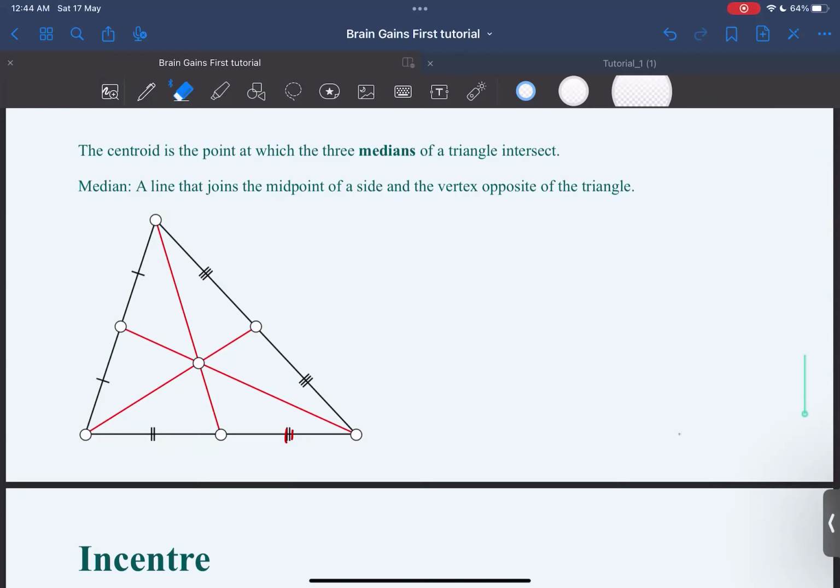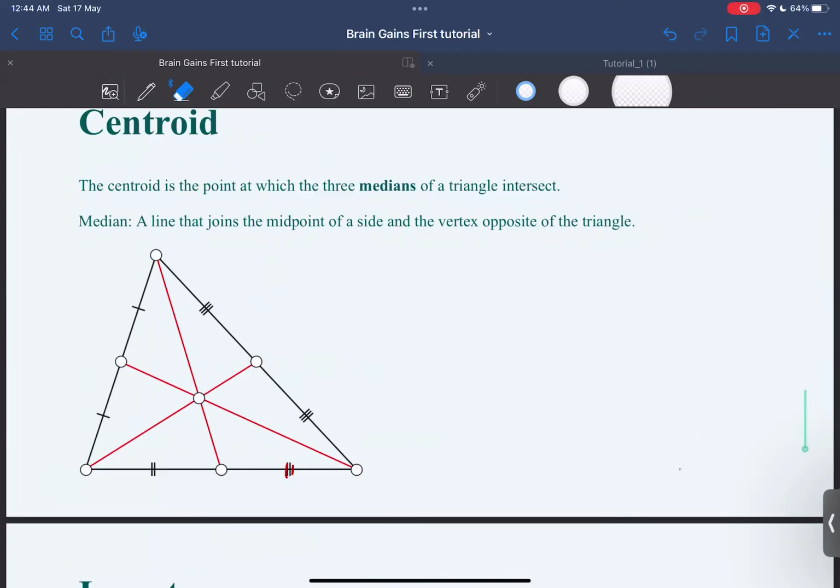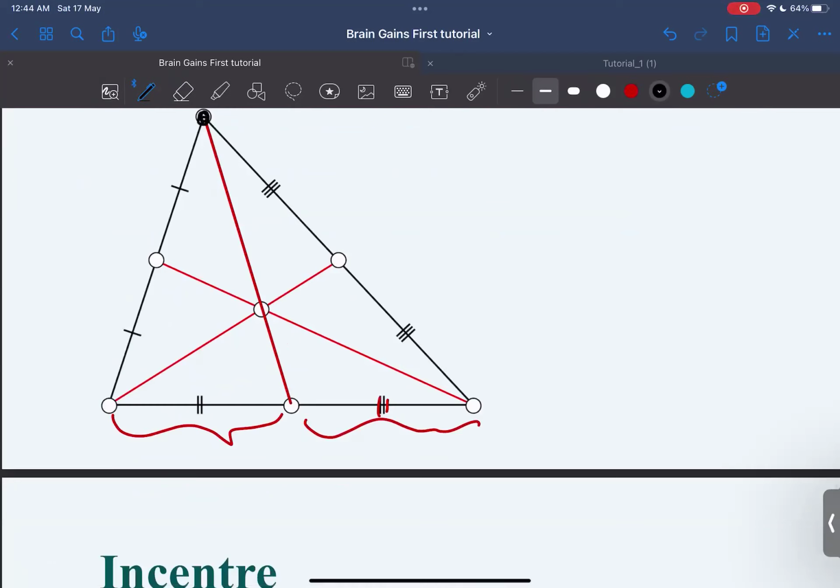Okay. Does anyone have any questions about what a median is or how a centroid is defined? So like orthocenter, remember it's 90 degrees, right? So for this one, it comes down and all I know is that it cuts my line in half. It cuts the side in half. But if I were to draw the orthocenter on this exact same triangle, I would go from a vertex as well, but this time I'll be drawing a line that is perpendicular or at 90 degrees with my baseline. So do you see why these 2 points are different, or how an altitude is different to a